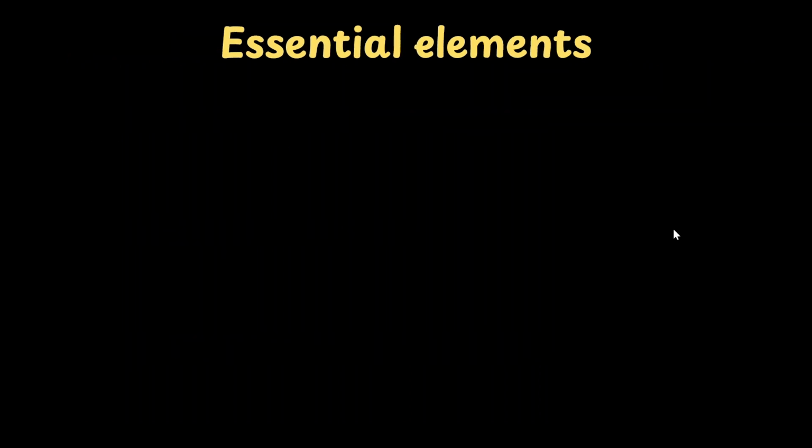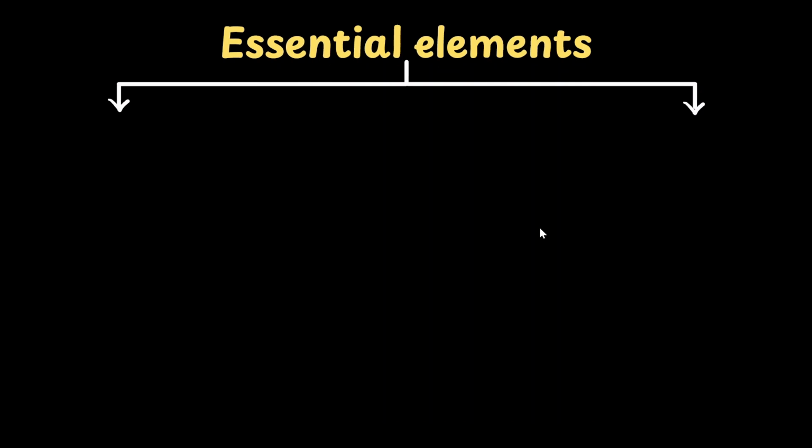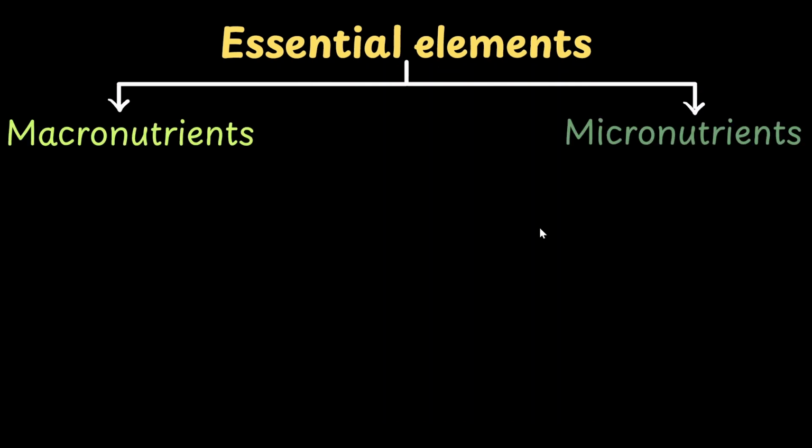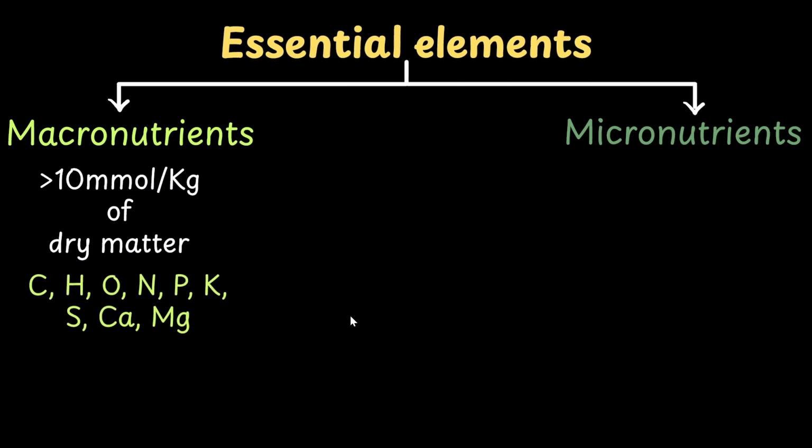metabolism. Essential elements are divided into two broad categories based upon how much the plant requires them. So we have macronutrients as well as micronutrients. Plants require more than 10 millimole of macronutrients per kg of its dry matter. Macronutrients in plants are carbon, hydrogen, oxygen, nitrogen, phosphorus, potassium, sulfur, calcium, and magnesium. Out of this, carbon, hydrogen, and oxygen are derived from carbon dioxide and water, whereas the rest are derived from